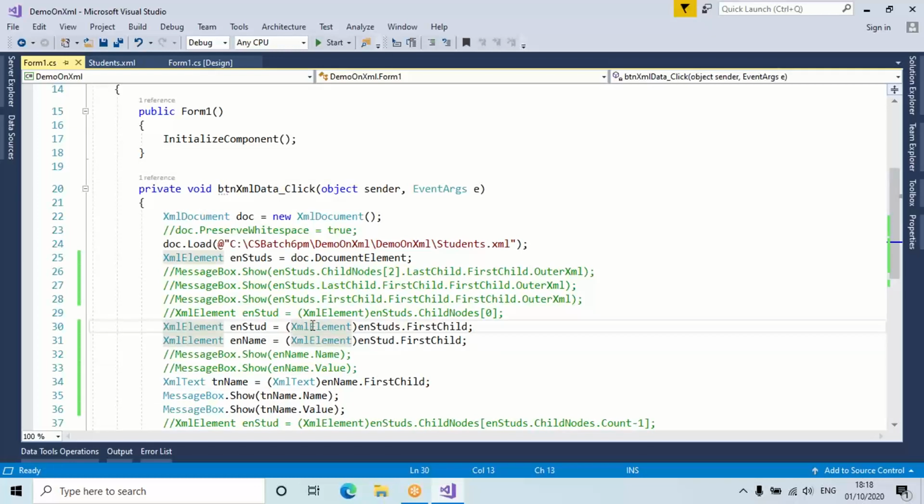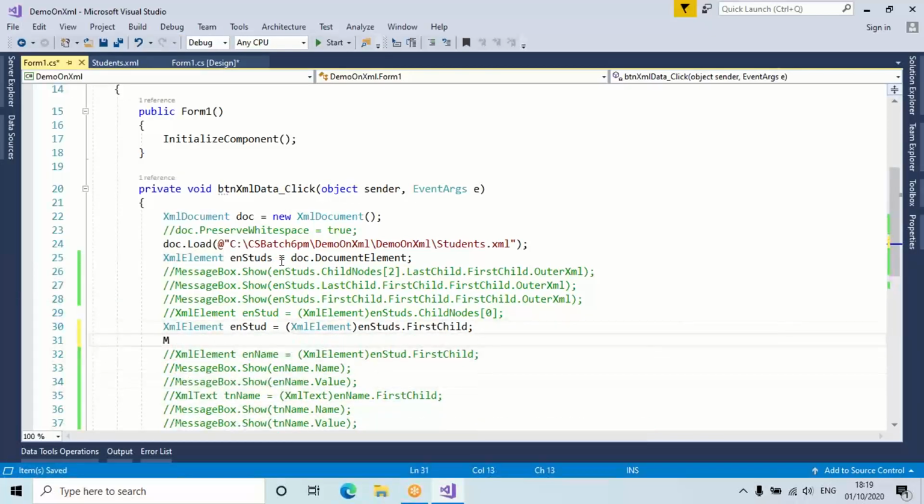Okay, now going further, now we will try to access attribute. What do you want to access? Attribute. And for attribute, we'll have name and value both. Attribute will have what? Name and value. Both you'll have. Okay. Let's see how to access attribute. Comment this. Comment, comment, comment. Now I write here message box dot show,